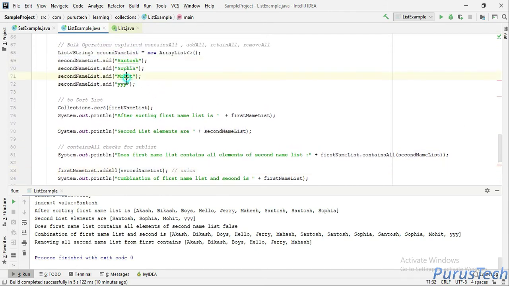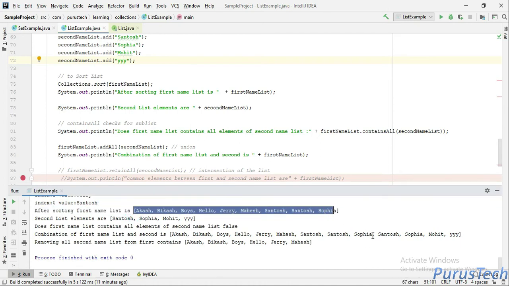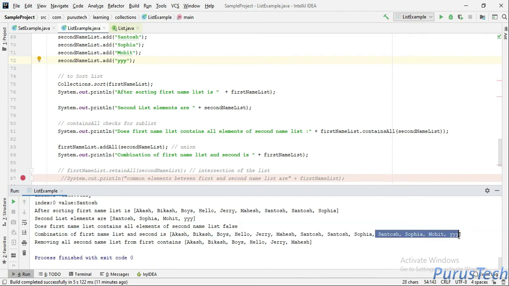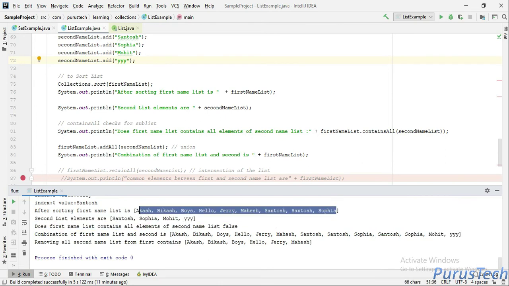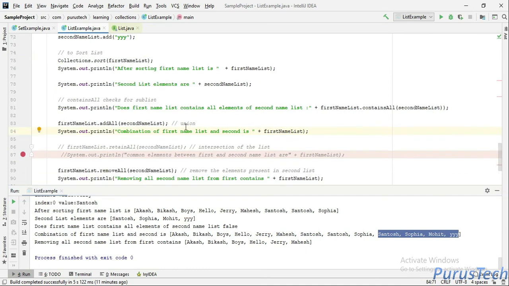Santosh, Sophia, Mohit and YYY will be added to this list. Here you will see after Sophia, these four elements. As I told you, this list can contain duplicate elements. From here to here is the existing list, and after Sophia it is appending the new list elements. So it is the union.